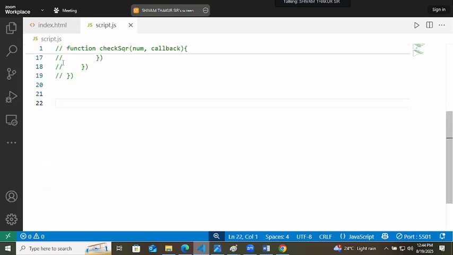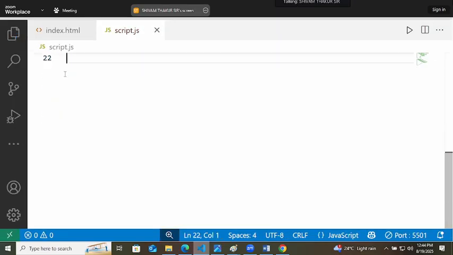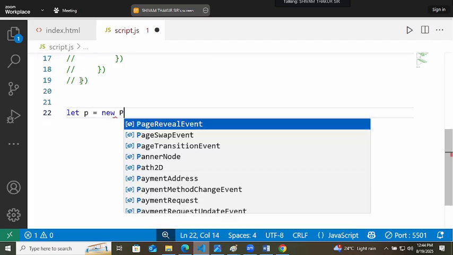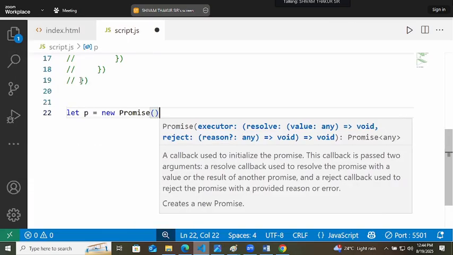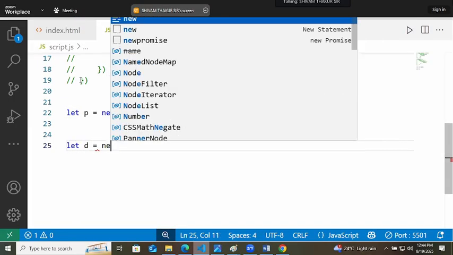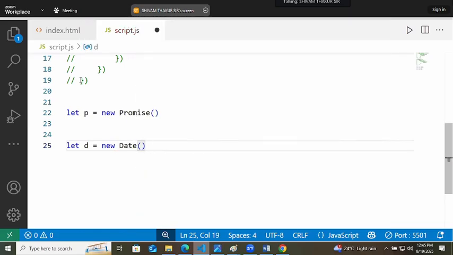Okay, so here we will understand a simple thing. Let p equals new Promise. Promise is an object, so we have to create it like this. Just as Date is an object and you were writing let d equals new Date, now Promise is also an object.